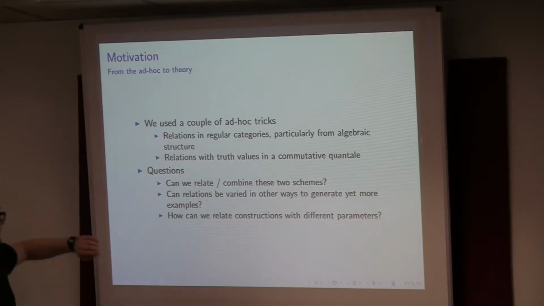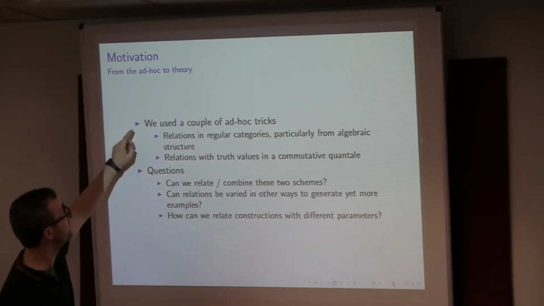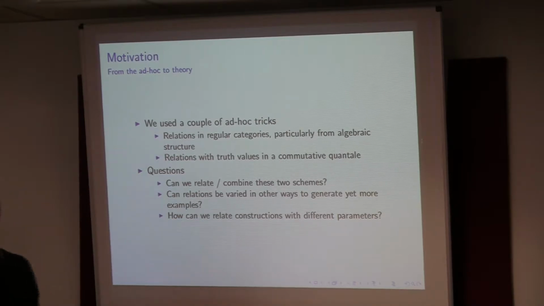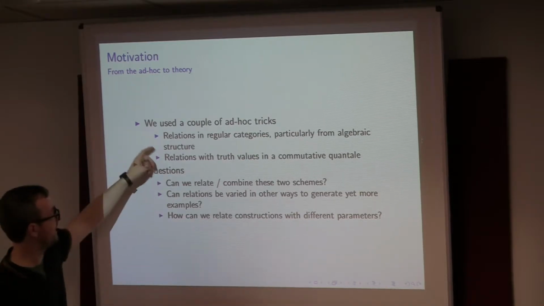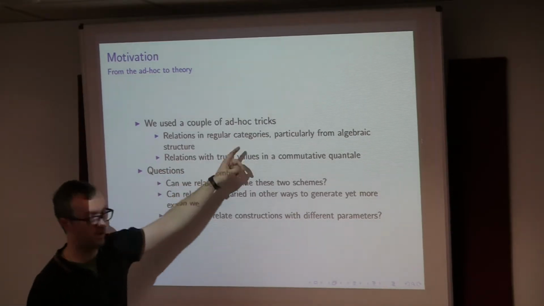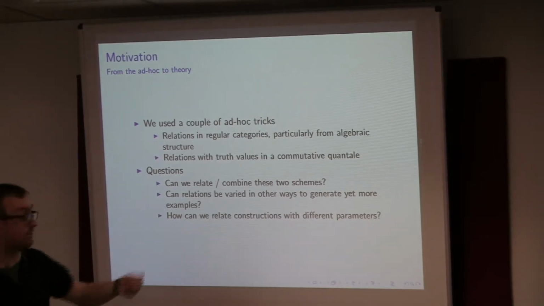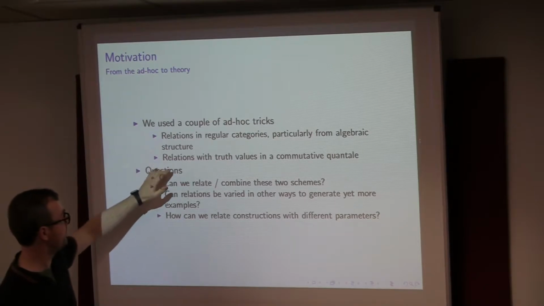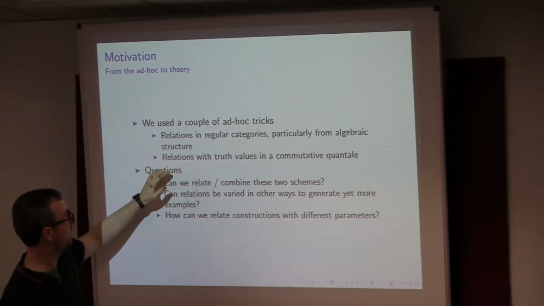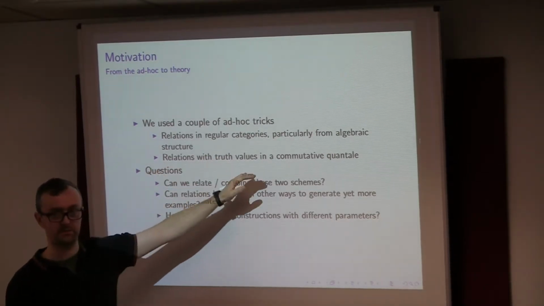Okay, so these two things we kind of find via ad hoc tricks and cunning. We had a trick involving regular categories and algebraic structure, and then we used a monad to give ourselves a regular category that we could then do the Rel construction on. And then we have this rather more ad hoc looking procedure where we take these matrices of truth values